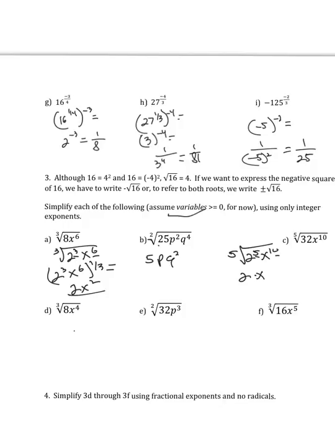2, times x squared. Okay, now it gets a little trickier because we have an exponent that's not divisible by the 3 here, and so we want to use only integer exponents, and we're going to end up still with a radical because we're going to say this is the equivalent of the cube root of 8x cubed times the cube root of x. This we can simplify to be 2x, and then we still have the cube root of